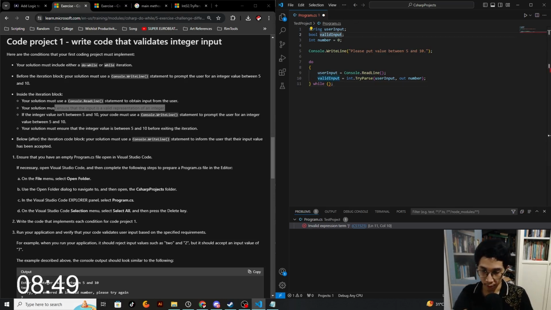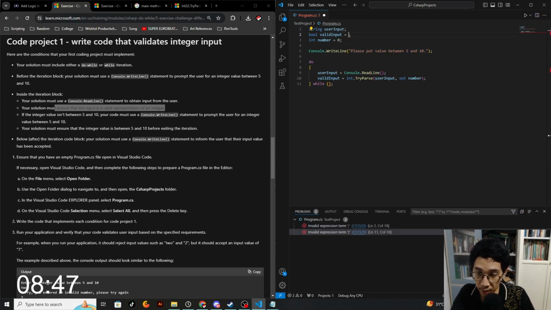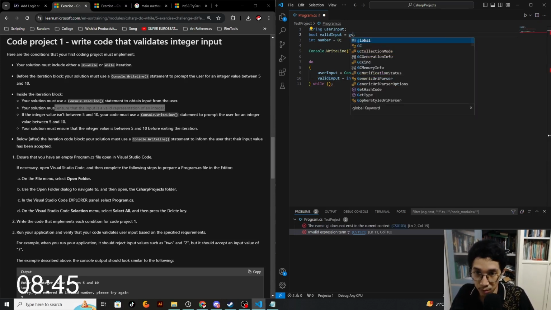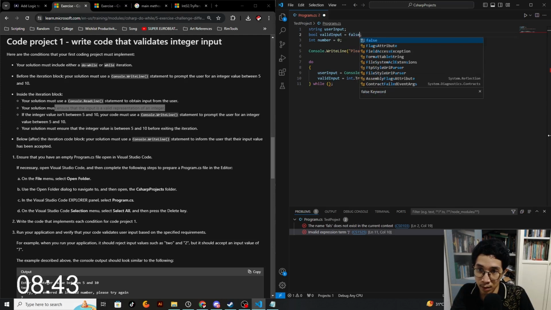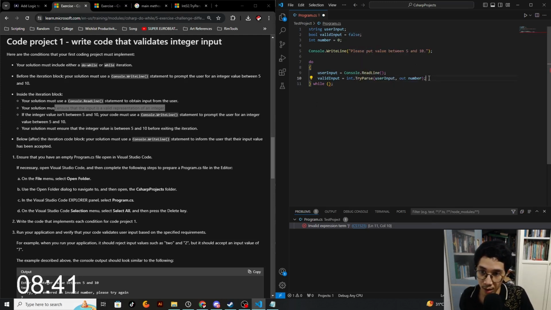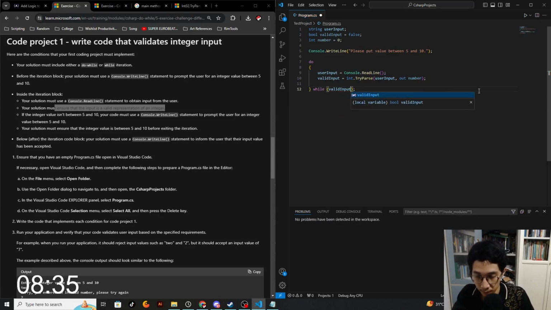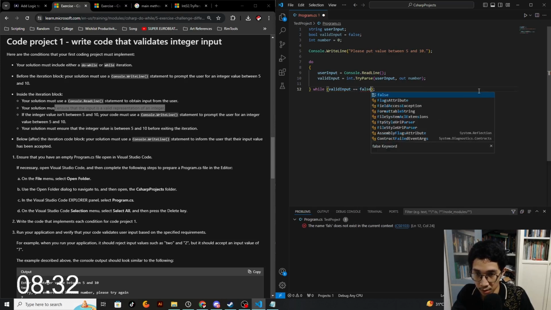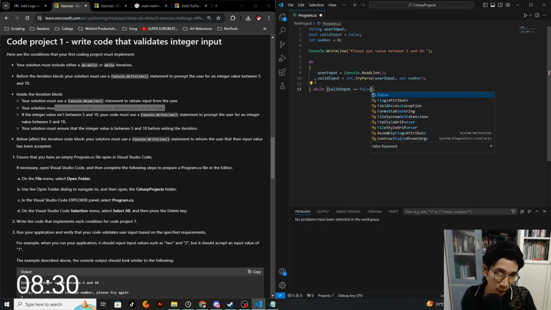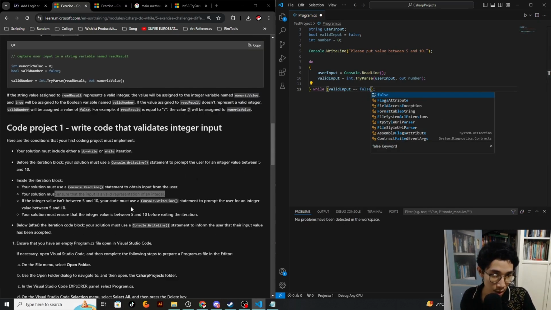Oh yeah, I forgot to put the valid input value. The default should be false. And then, oh yeah, again. And while the valid input is still false, whether the number